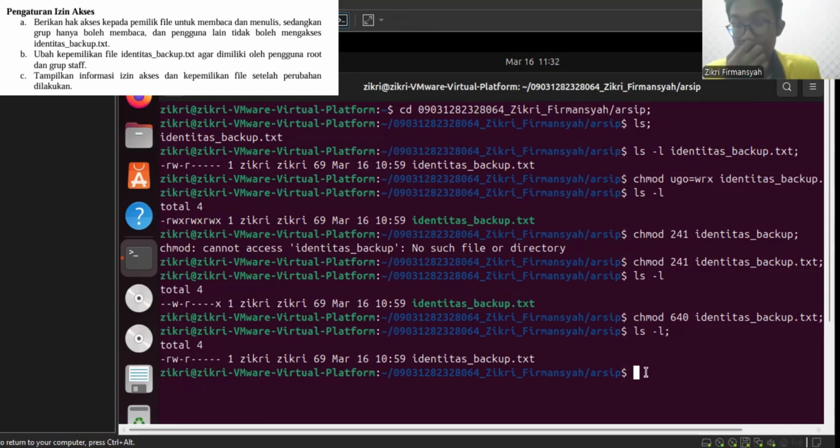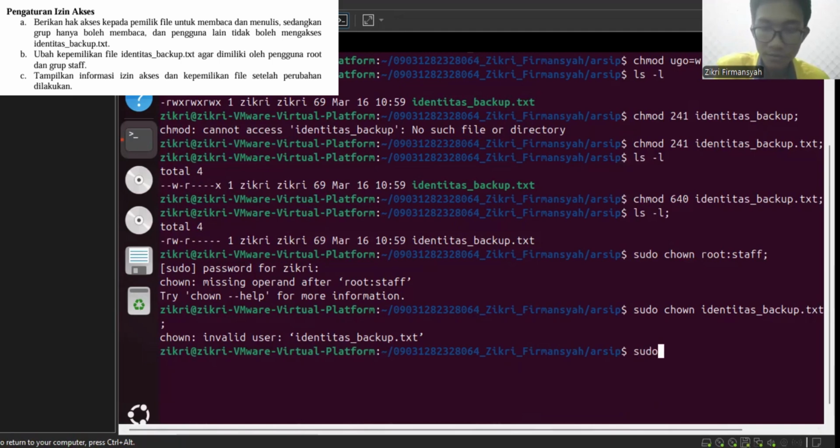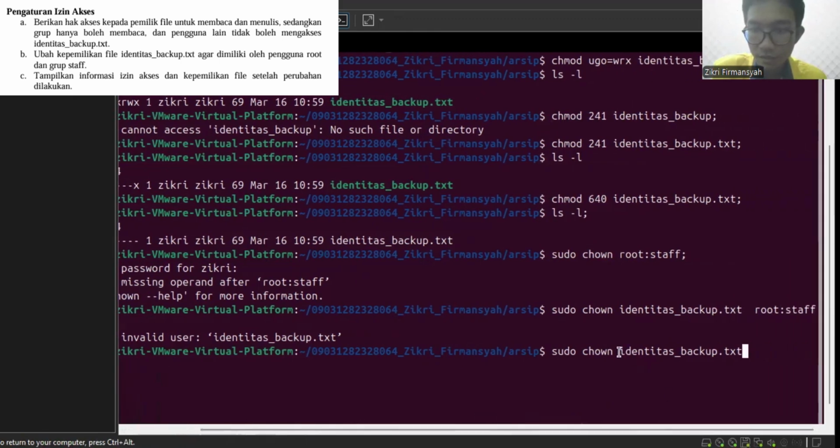Okay, let's go to the next question. Next question, I want to change the name of the user and the name of the group. sudo chown root:staff identitas_backup.txt.